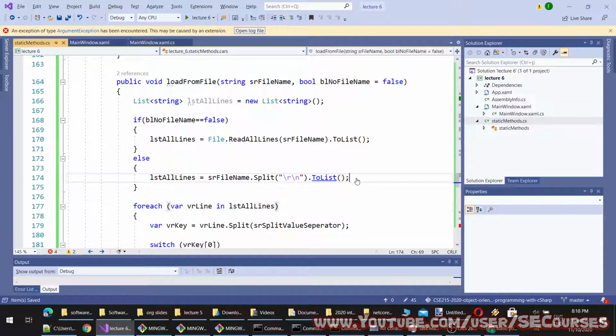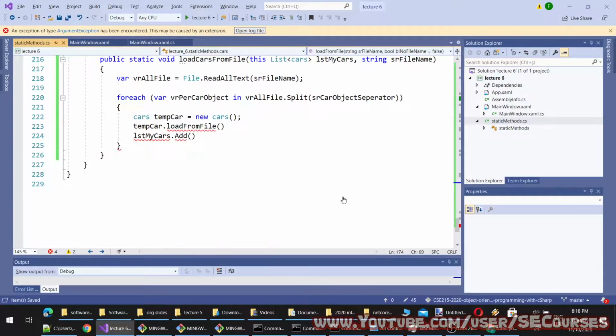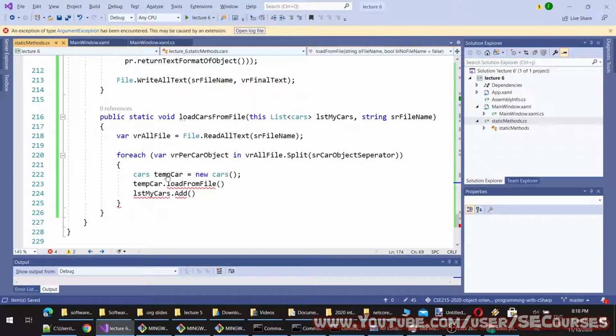Okay, this should work. And yeah, let's try. So this time we are going to provide car object, and it will be true, and we will add this car object to the list. We don't need to return anything.